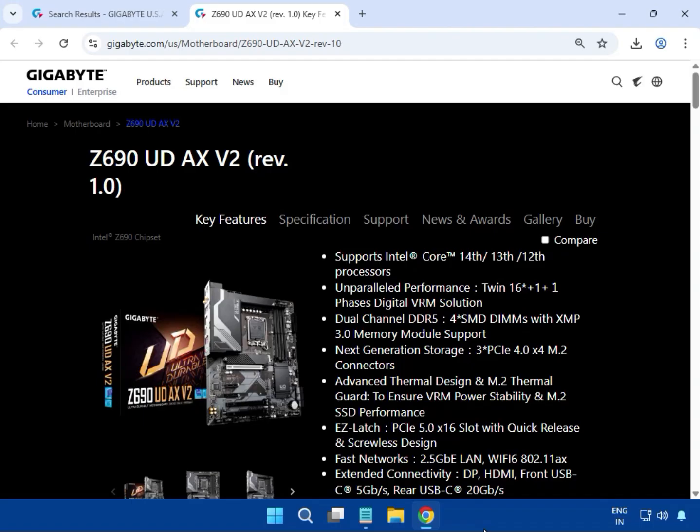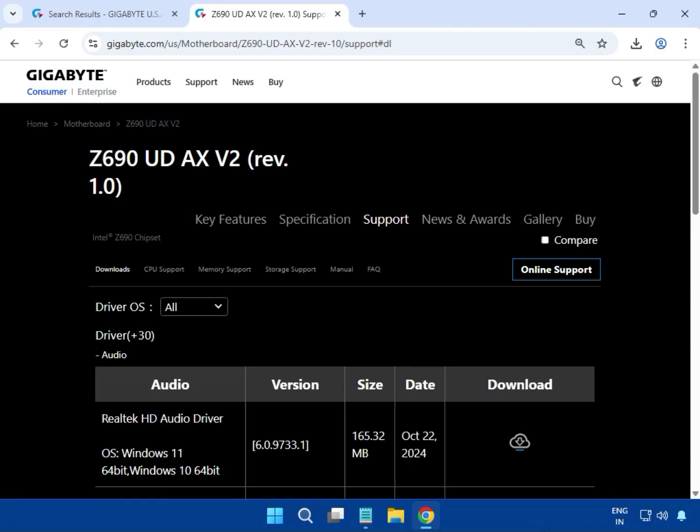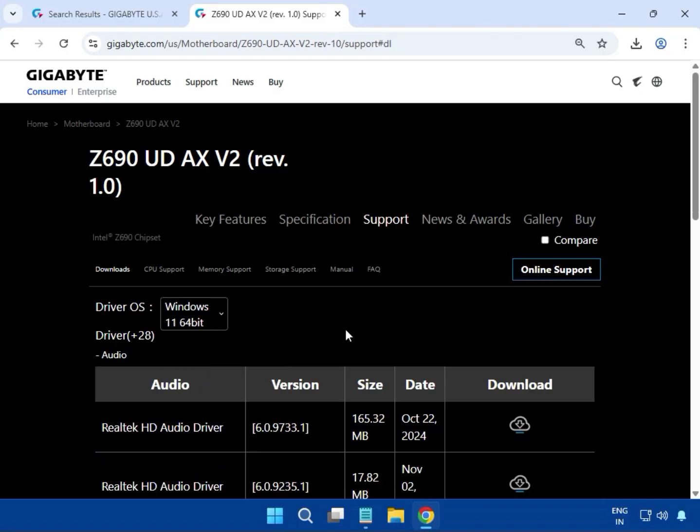After that it opens a new tab and then click on support. So select any operating system because the installation process is the same. You can see this video and install a driver on any operating system. Okay,